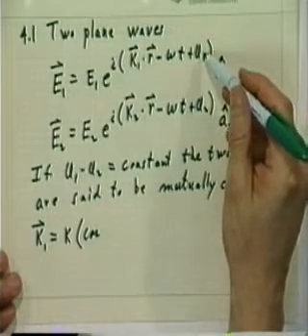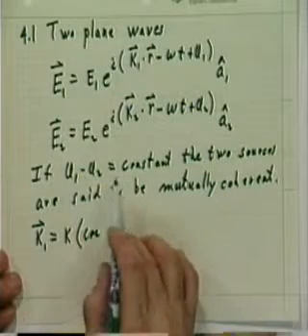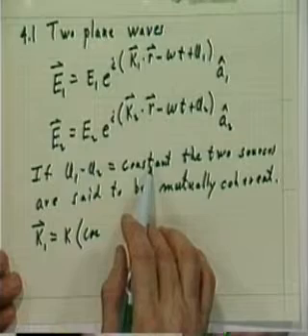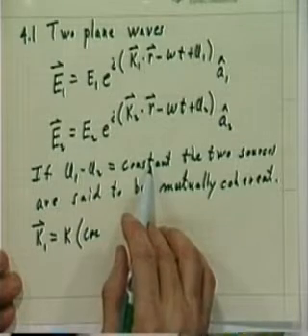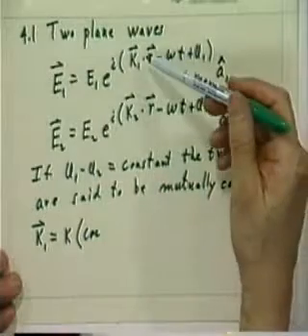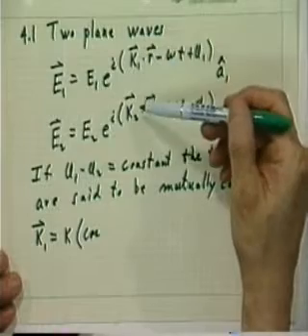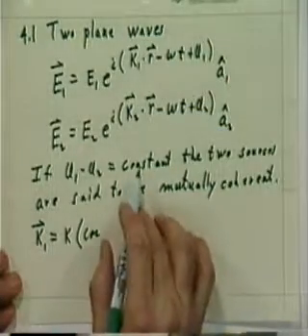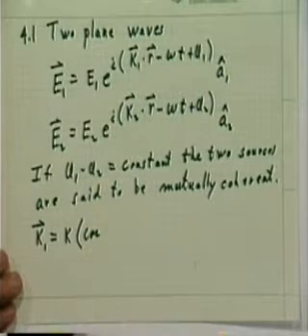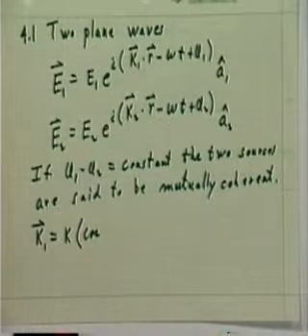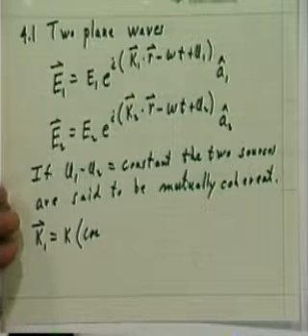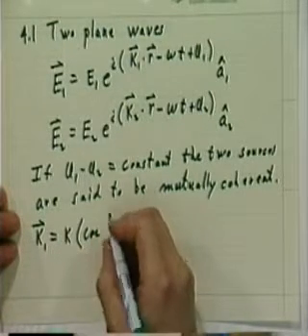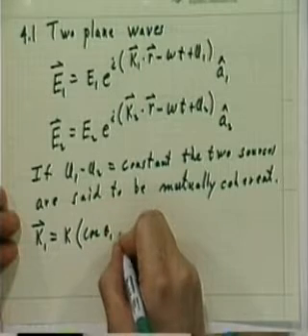So the question is, what do I mean when I say that phi 1 minus phi 2 are constant? They're constant in time, but they're also constant in position. How the phase changes in position will be taken care of by this k1 dot r and this k2 dot r. So phi 1 minus phi 2 are constant in both time and position. So this is k times cosine of theta 1 in the x direction